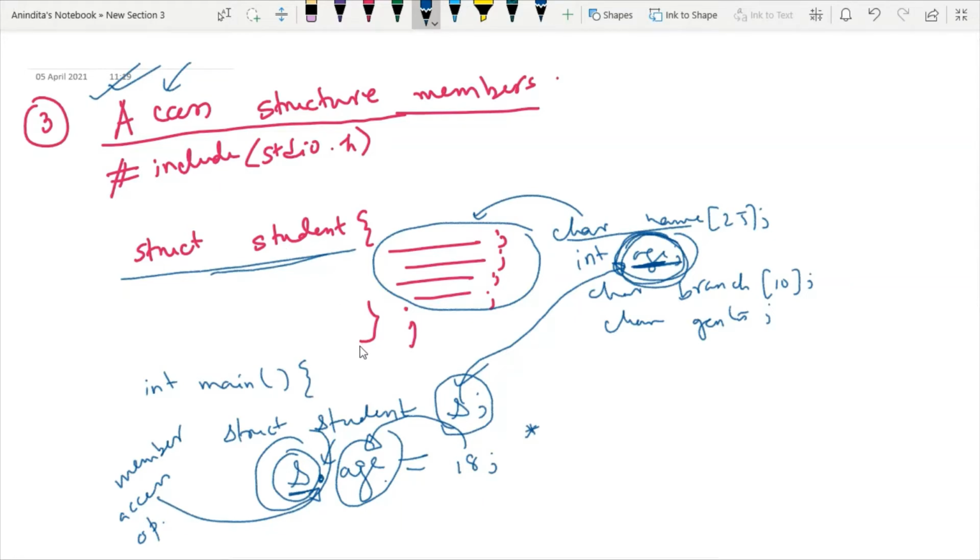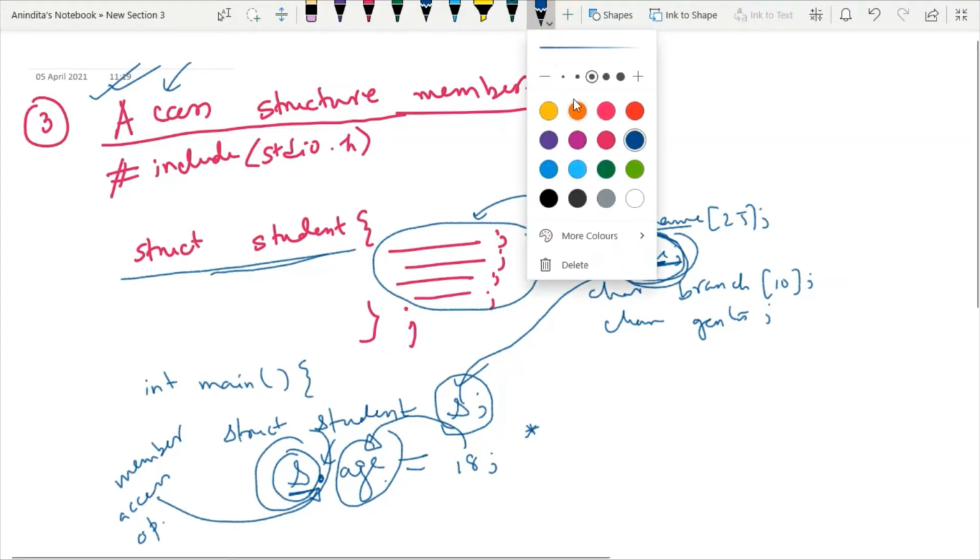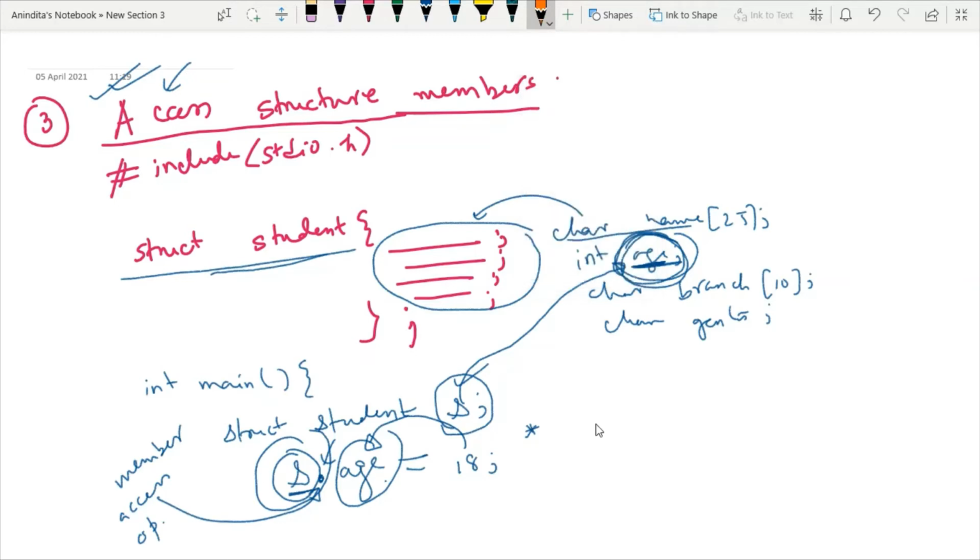Now we can follow another convention. Pay attention to this. The second alternative is, say now I want to access the structure member name. So it is of type character. So now I wish to access name, right? How to access?